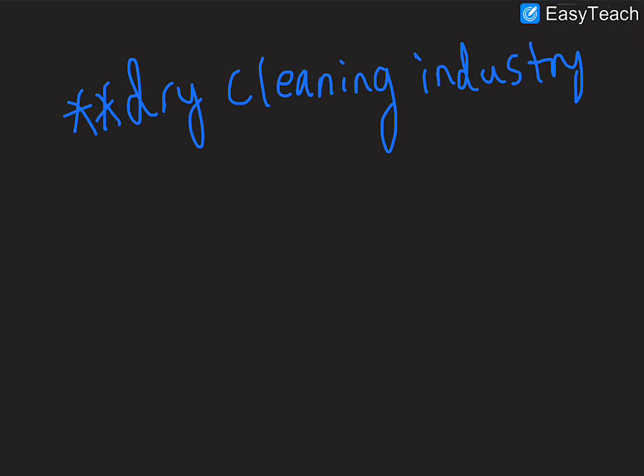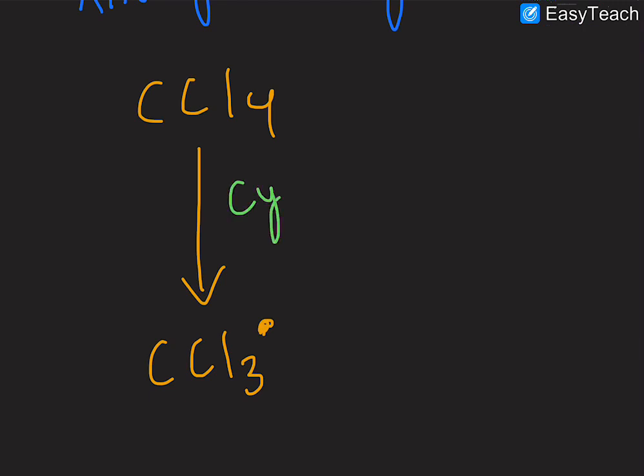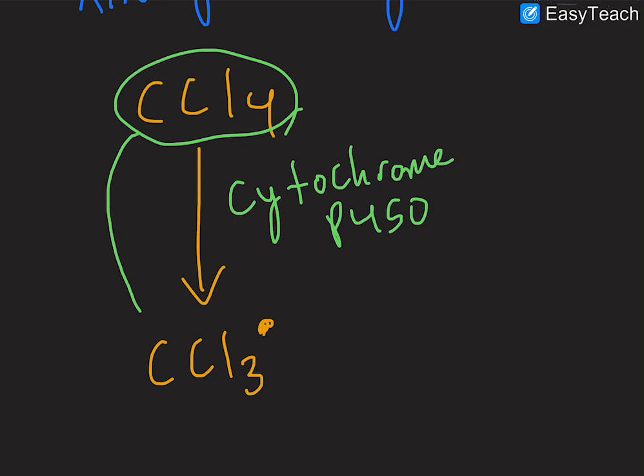So carbon tetrachloride will actually go to your liver and get converted into trichloromethyl radical. So that's CCl3 radical, right? It's a free radical. We know free radicals are damaging to our proteins, damaging to our DNA, and damaging to the cell membrane. Okay, but first, how is this trichloromethyl radical even formed in our liver? It's formed by our cytochrome P450 enzymes, right? So our cytochrome P450 enzymes take the carbon tetrachloride and convert it into a toxic free radical, also known as